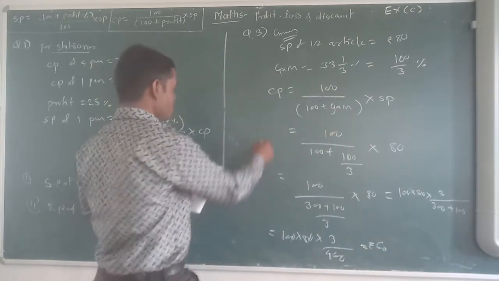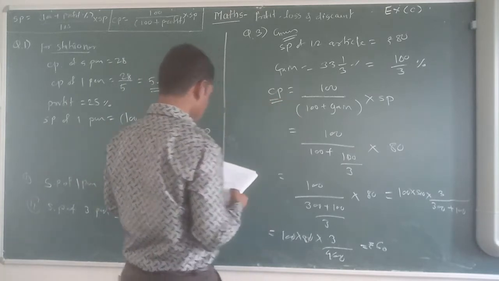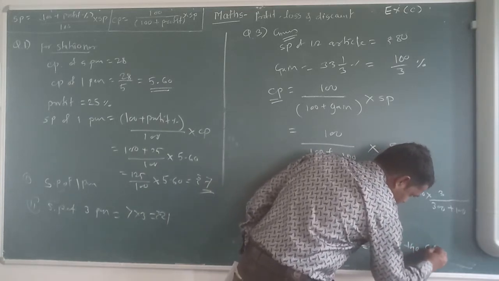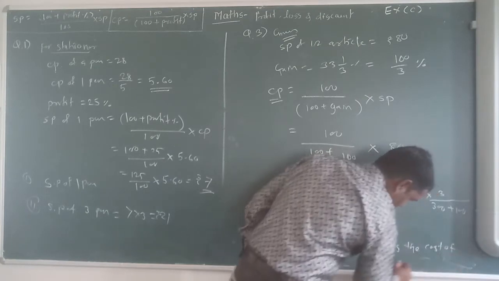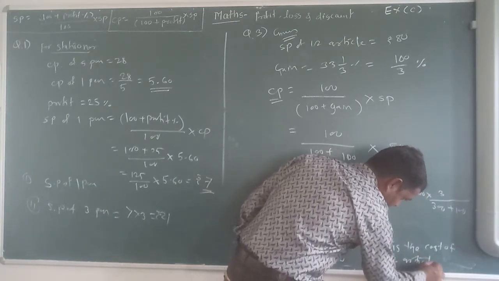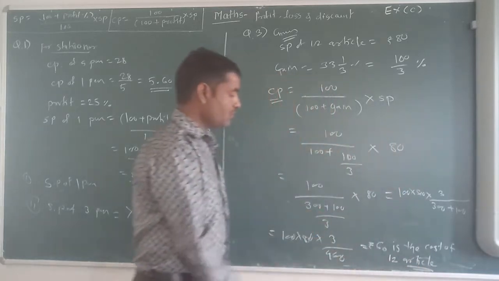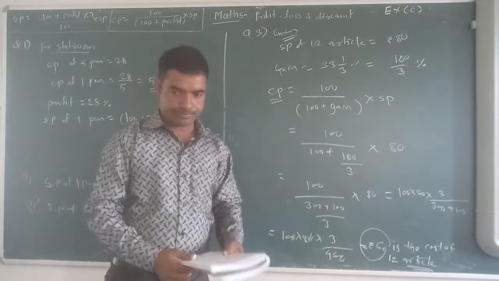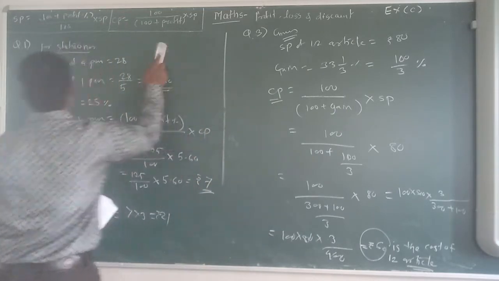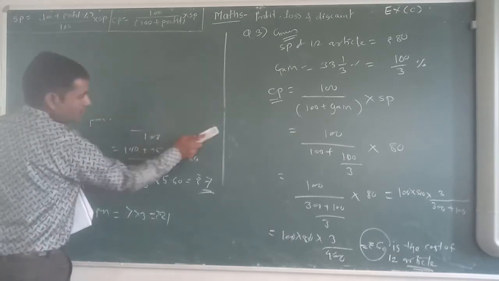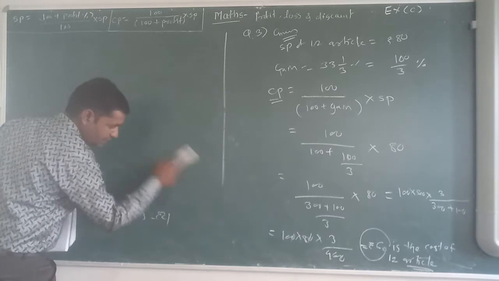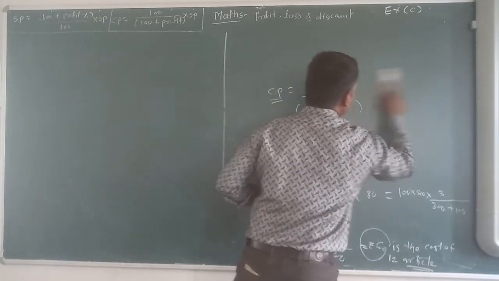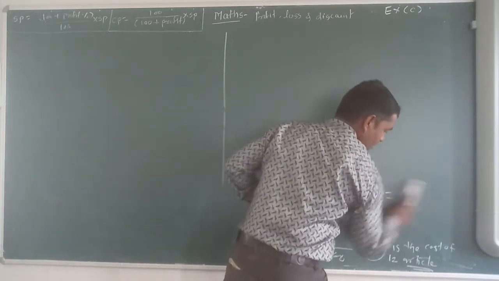How much is the answer? So CP will be how much? 60 rupees. So 60 is the cost of 12 articles, which we have to ask in the question. So how much is the cost? 60 is the cost. Okay, got it now? After that we will see the next problem. Whenever you have to write the answer, before writing it you must understand the question. Without understanding the question, you are not able to solve the answer.